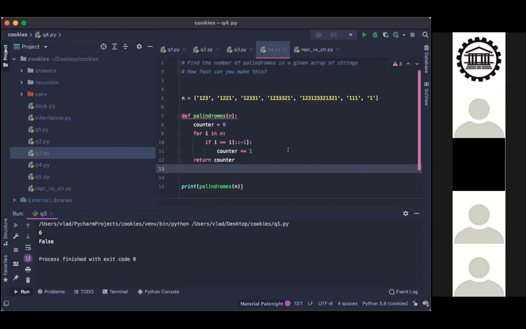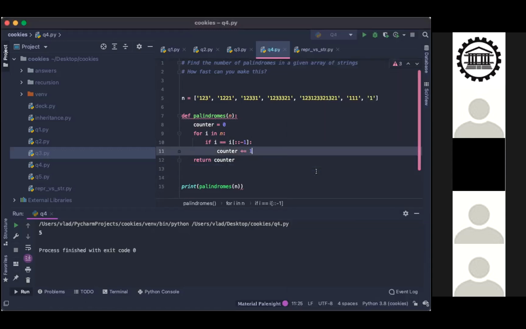Would you like to test it? Let's test it out. There we go. It's 5 palindromes. Is that correct? 1221 is a palindrome. The fourth one, that one. It's 2. It seems that that one as well. Yes, the next one and the next and the next. Perfect, 5. There you go. Good job.